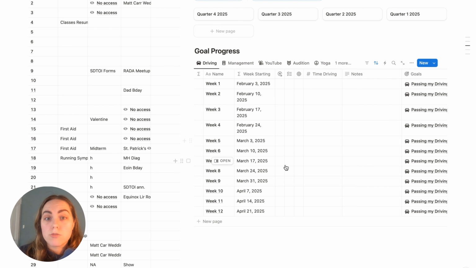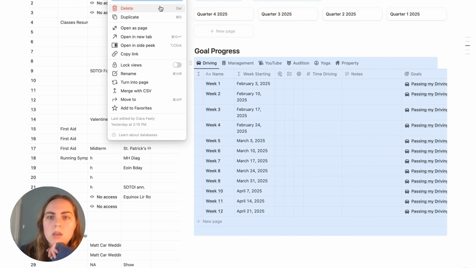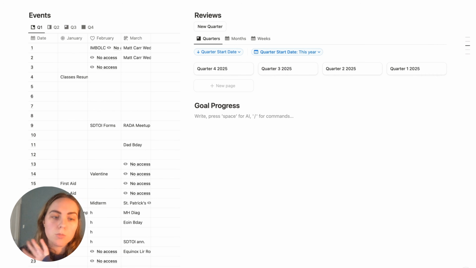I started setting this up already, so I'm actually going to delete this so I can show you how to do it, which is really kind of me. This is the part I mentioned at the beginning that is manual. We want to be able to put our goal progress into this section here. So what we do is we create a linked view of a database,